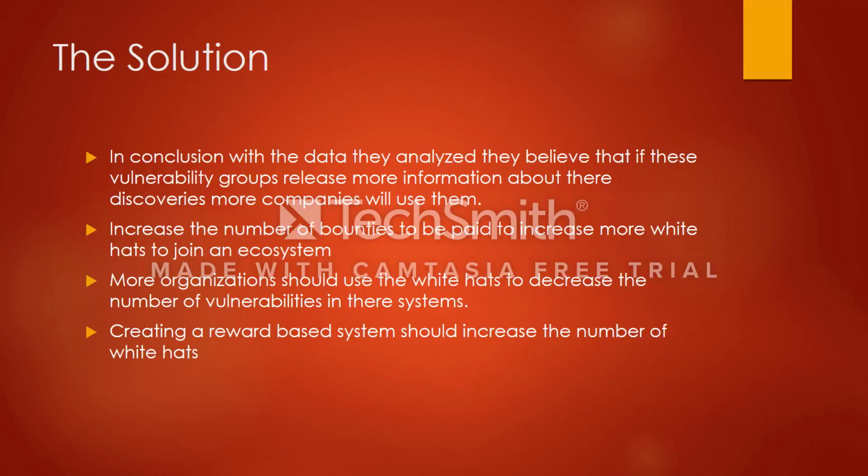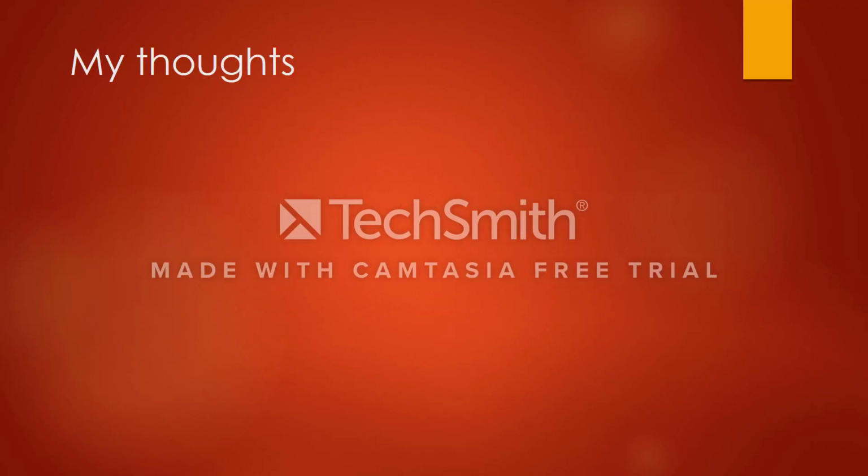Currently, Twitter, Google, Facebook, they use these companies to help find exploits to save them time, but they also give the bounties. If they increase the number of bounties or the value, or set a base value for these ecosystems, they'll start getting more fixes. They think that creating a reward-based system should increase the number of white hats. Also, maybe even create a flat rate cost for these bounties so they can find these fixes.